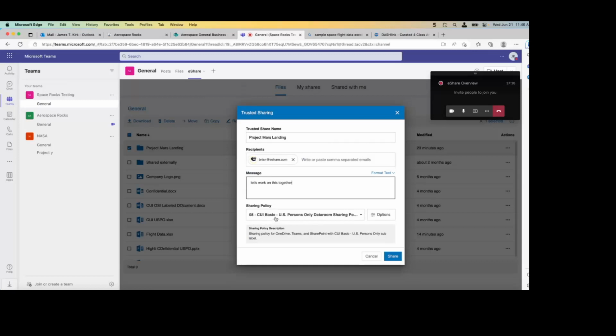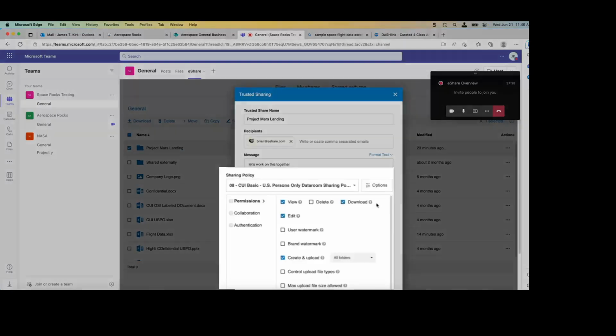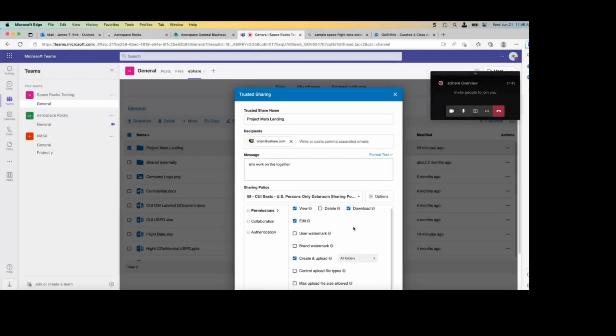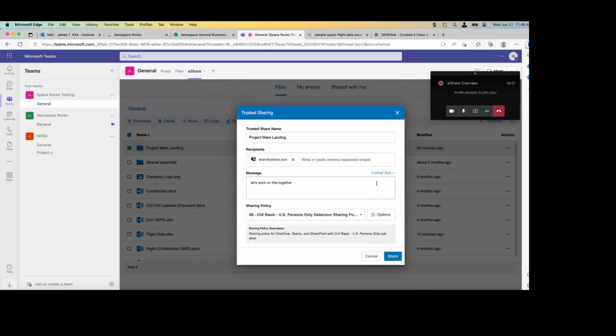Policy was automatically selected based upon the sensitivity of the files that are in the container. In this particular case, I'm able to change what can be done inside the share, whether or not download and upload and edit, and those things are enabled for the end user. Your policy can drive and your administrators can drive whether or not your end users have the ability to tweak and tune the policies, but in this case, we allow it. Otherwise, you can completely lock down what options are available.